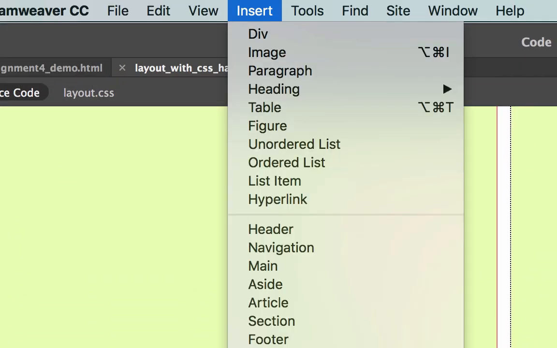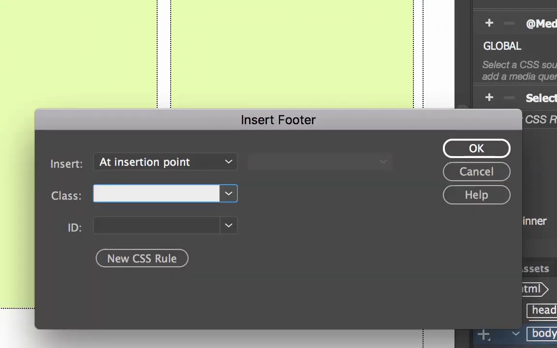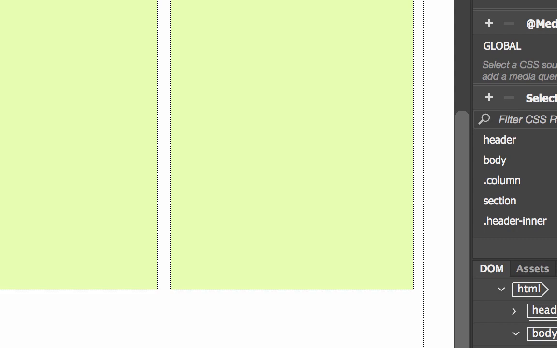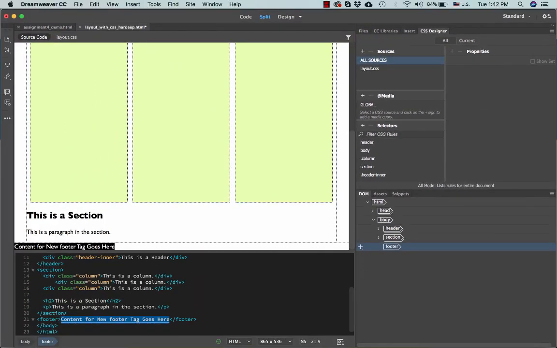So I go up to the insert menu and click footer. Header, footer, and section are special tags in HTML since HTML version 5. Before that, we would create headers, sections, footers, and more using the div tag. So I click footer. At insertion point is perfect. I'm not assigning it any class or ID, so I just hit enter. Now Dreamweaver has created a footer and put some placeholder text. I will replace this text with